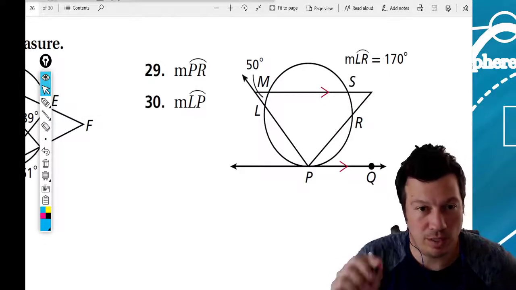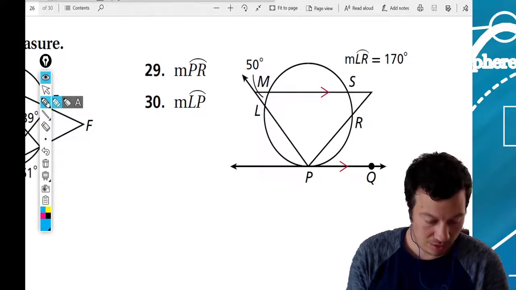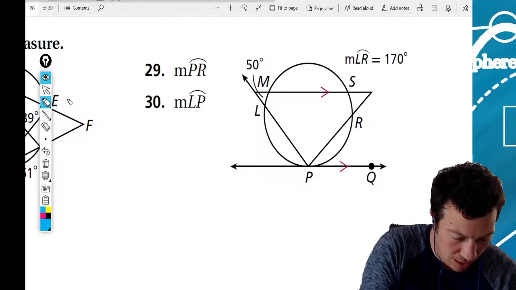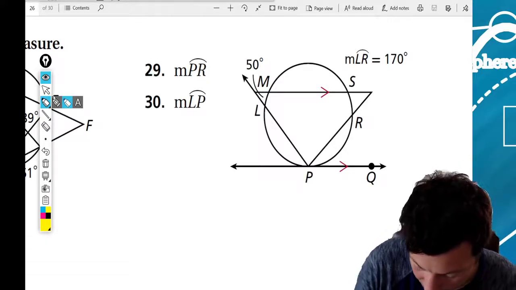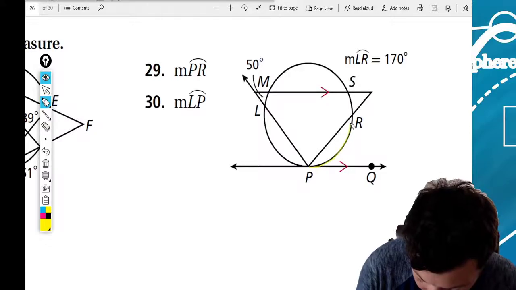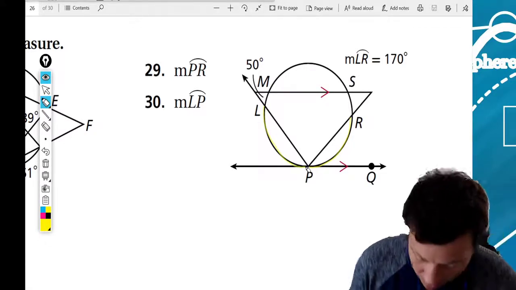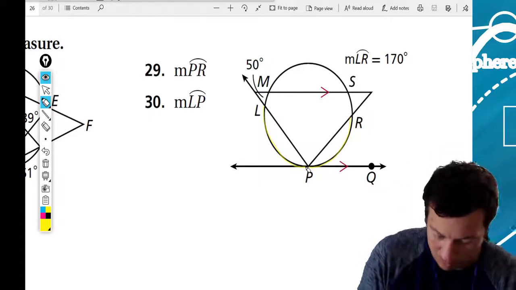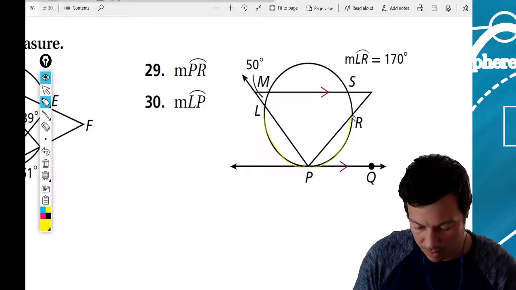Right, so we're gonna do from 11.5, number 29 and 30. Okay, so basically, what the question is actually asking for is the measure of arc PR, which is here, and the measure of arc LP, which is here. Okay, and I'm looking at those arcs, and I'm thinking if I could find the